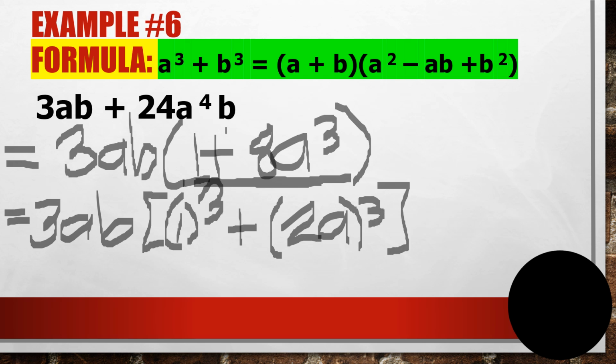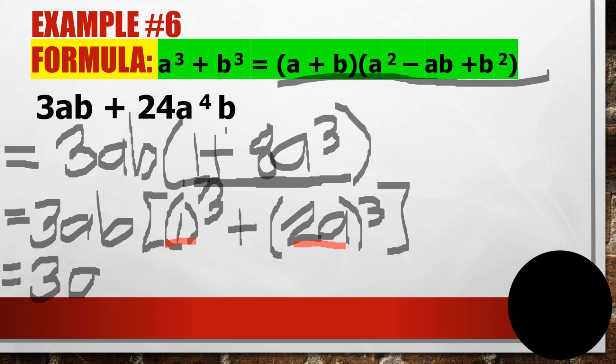Okay, so after that one, we can now apply the rule. This is our a, and this is our b. Okay, equals. Just copy the GCF. We have here 3ab, and then open parenthesis, a plus b. So 1 plus 2a,